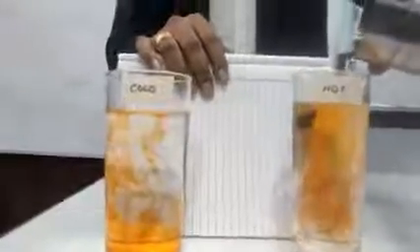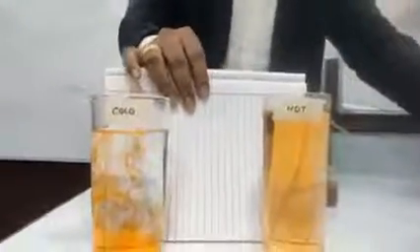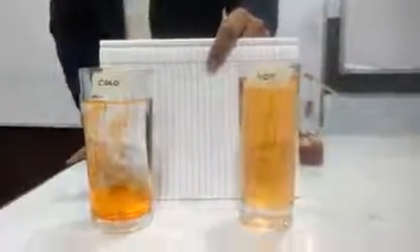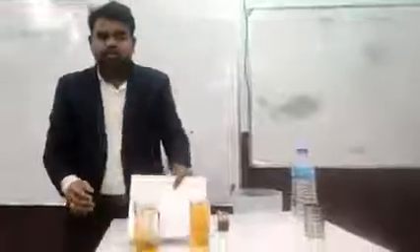Here most of the part is light in color, right? But in hot body, see it is. If you still add more hot, so randomly the molecules will move. But in cold body, as it is cold, the molecules will be very lazy here. So slowly it will move as its kinetic energy is very less. So did you understand the kinetic energy of molecules in hot body is more compared to kinetic energy in cold body?